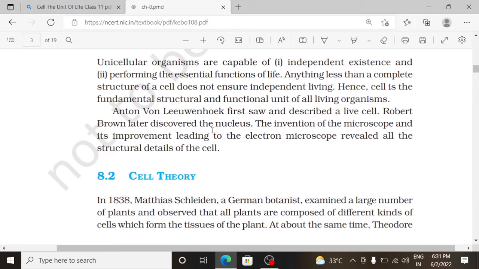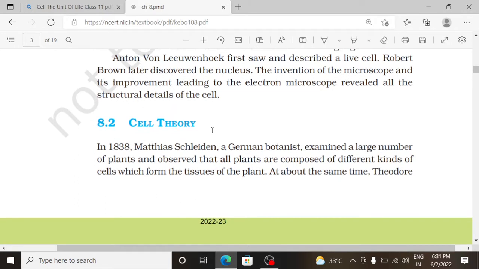Anton von Leeuwenhoek first saw and described a live cell. Robert Brown later discovered the nucleus. The invention of the microscope and its improvement leading to the electron microscope revealed all the structural details of the cell. Cell theory. In 1838, Matthias Schleiden, a German botanist, examined a